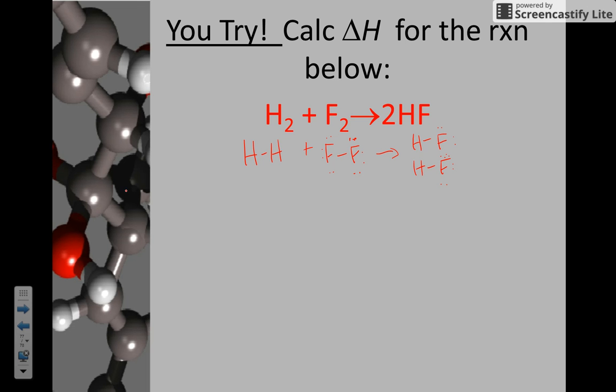Okay. So now, delta H of the reaction is going to be equal to 1, I'm not going to put the mole unit, but there's 1 mole of H-H. I'll say 1 times the bond dissociation energy of the H-H single bond plus 1, there's one of those, times the